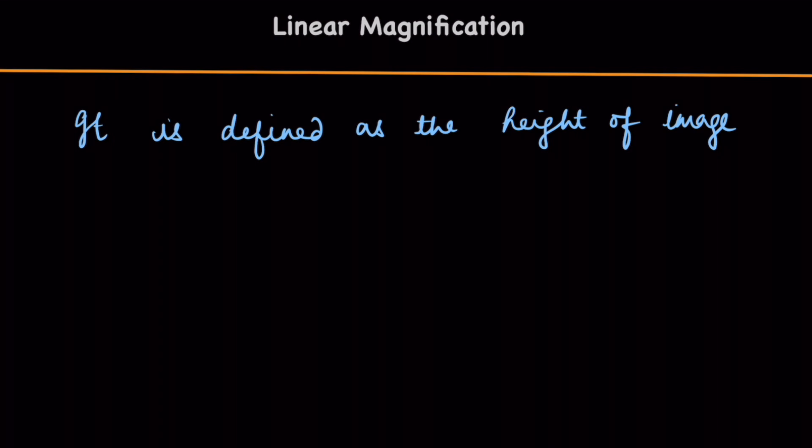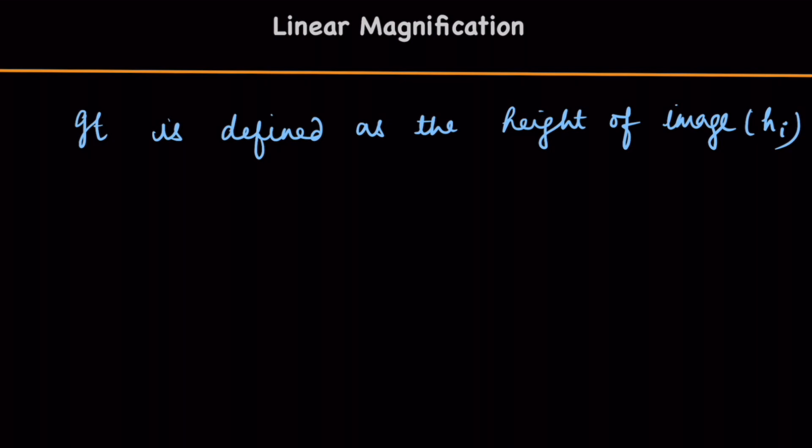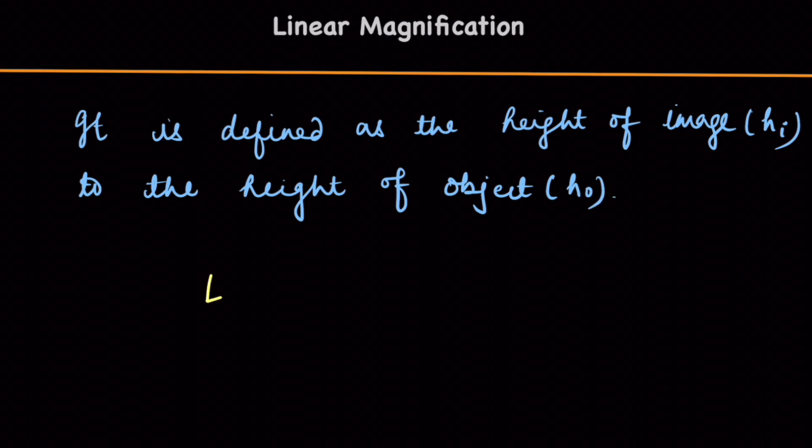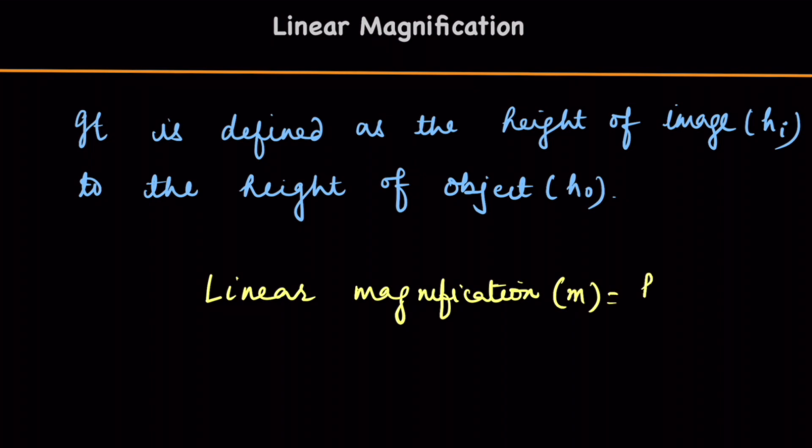Height of image is represented as hi. Height of object is represented as ho. So linear magnification, which is represented as small m, is equal to